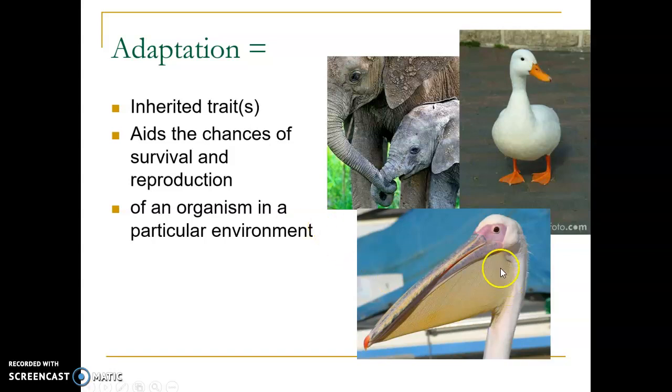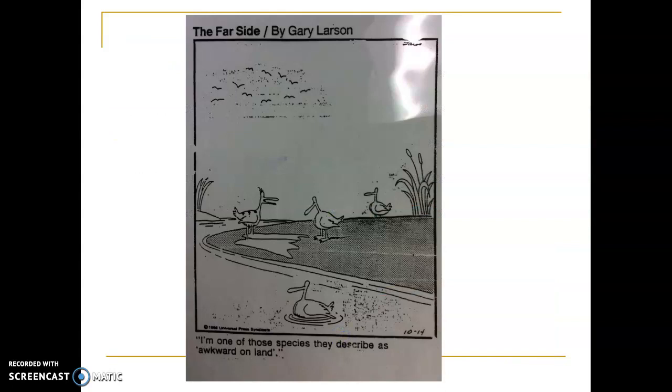So for instance, the little bird down here has a big old mouth that is really good if you're diving from the sky into the ocean and gulping up fish. If suddenly the environment changed and this particular bird would have to pick seeds off the ground or something, then its current beak may not be an adaptation. So it has to match with a particular environment.